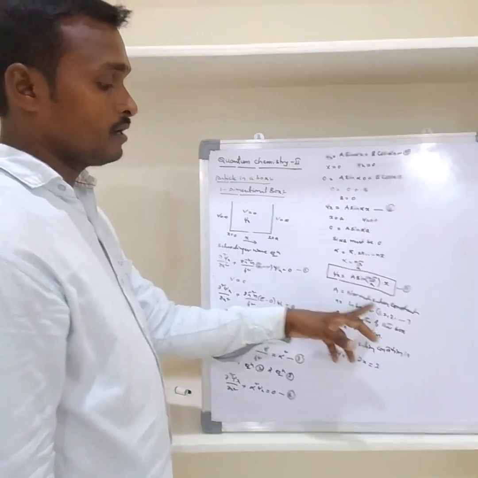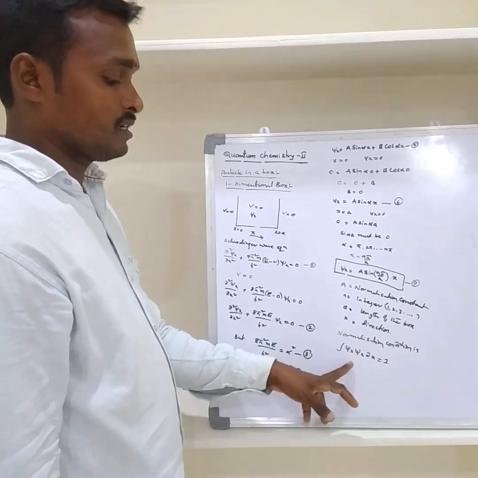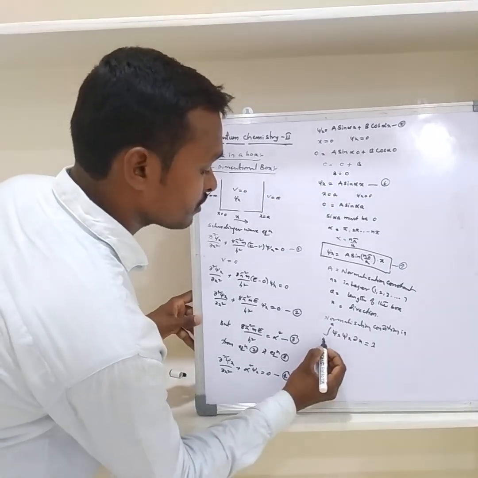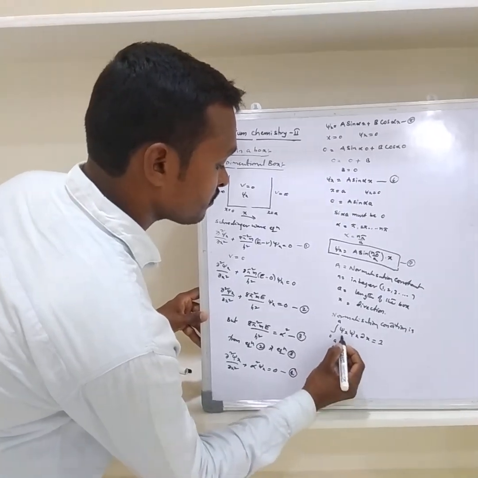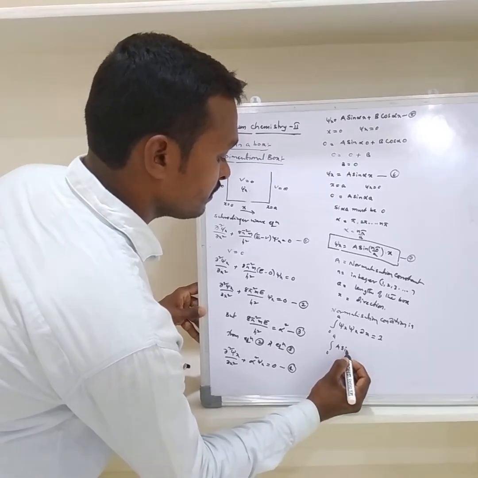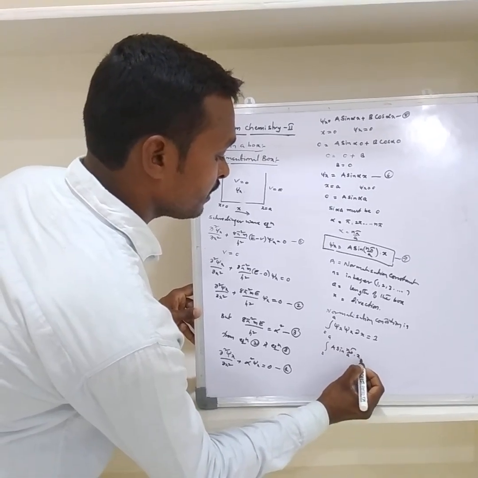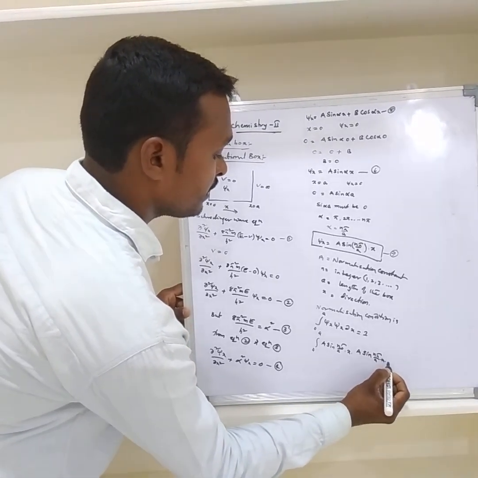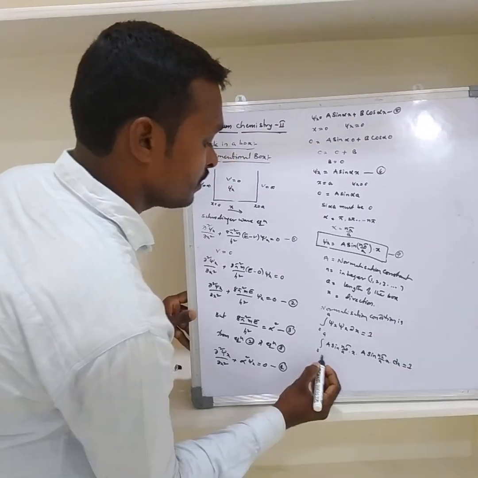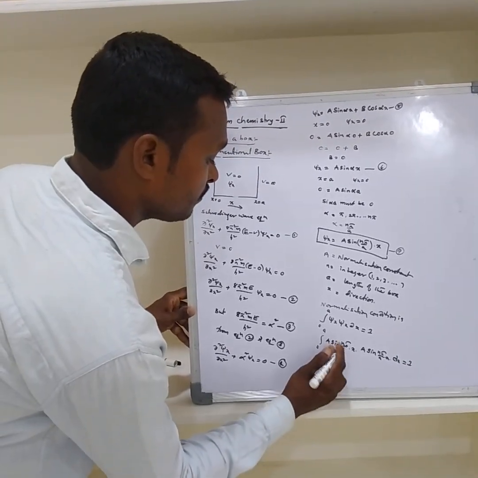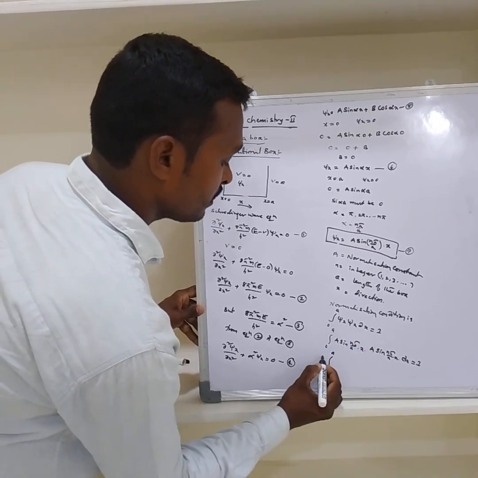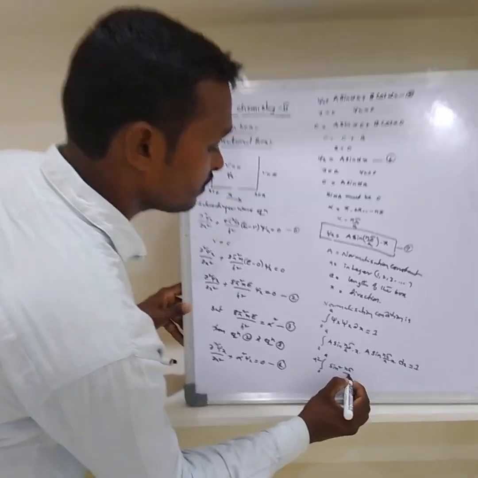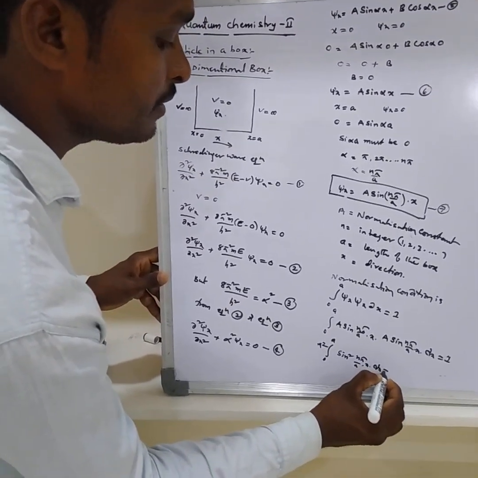But here it is called the normalization condition. Using this condition, we can solve for the value of A. The limits are from 0 to a, the length of the box. So from 0 to a, ψ(x) is A sin(nπ/a x). Again, the integral of ψ(x) squared dx will be equal to 1. Here A is a constant, so A times A is A squared, outside the integration: A squared times the integral of sin squared(nπ/a x) dx will be equal to 1.